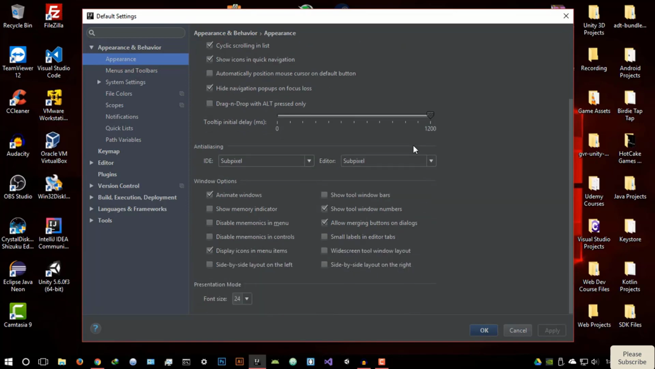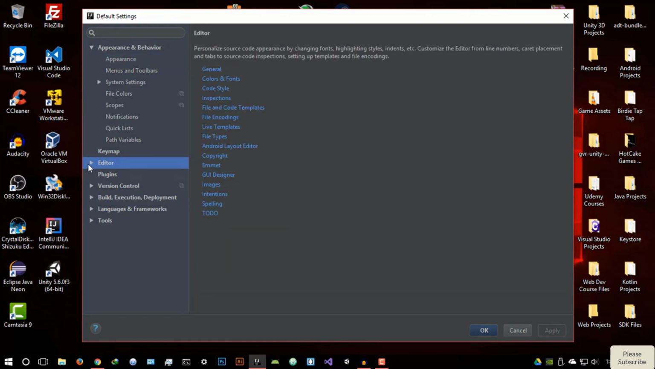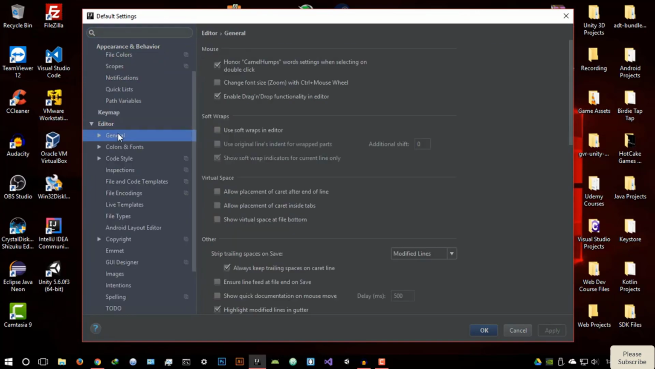So in here you can basically change your font size, which I will increase just for the easy readability of my code when running through this set of lectures. So you can also adjust that to whatever you feel is comfortable. Now all you have to do is just hit apply once you're done making the necessary changes. Now you want to go into editor. All right, now in editor you want to go into general,